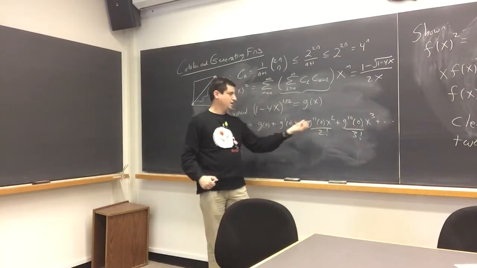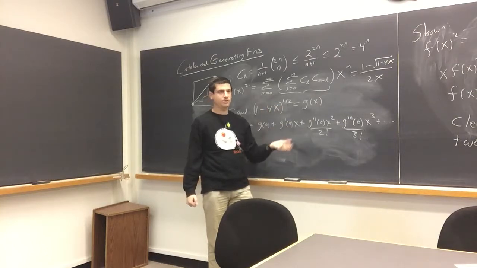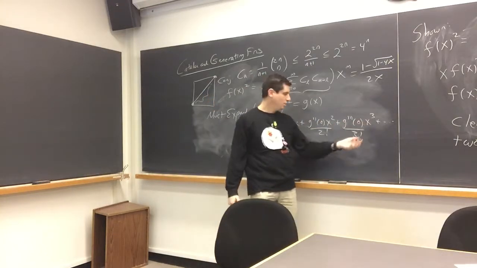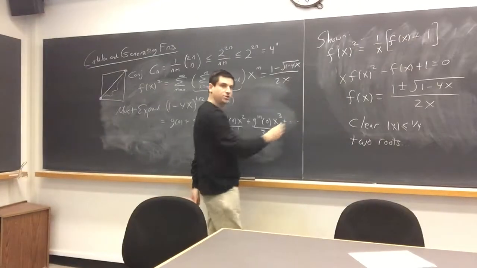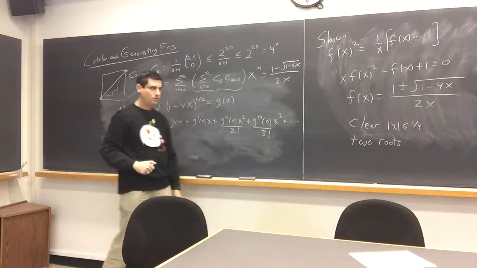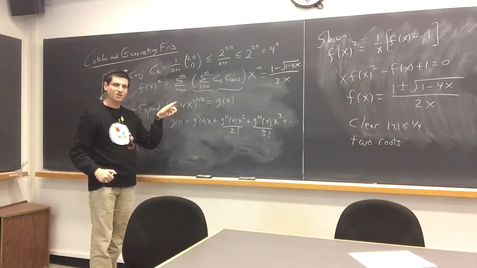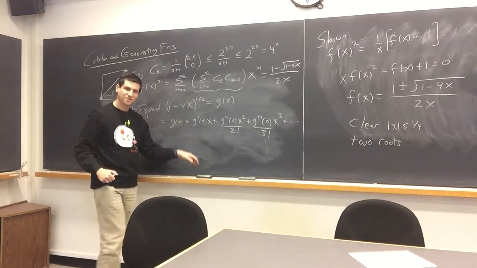When I put in x equals 0 and I take 2 derivatives, all these will be killed, and I'll get the second derivative, g double prime of 0, which is what the second derivative should be. If I were to take 3 derivatives and evaluate at 0, these would be killed because they're at most x squared. Everything beyond here would be killed because it's x to the 4th. And then the 3 would come down as a 3 factorial. So all we have to do now is calculate the derivatives of this and hope that there's a nice formula.